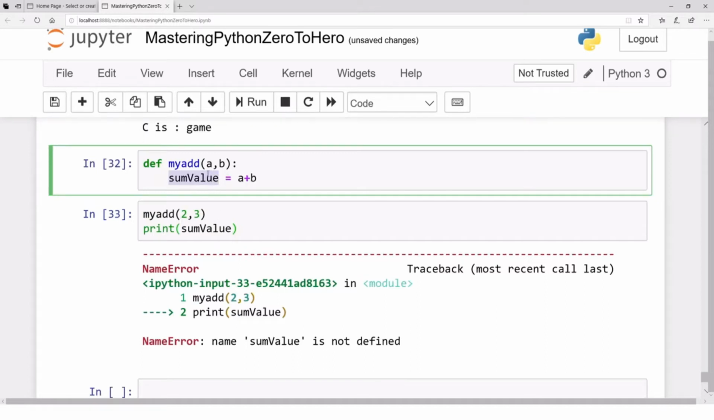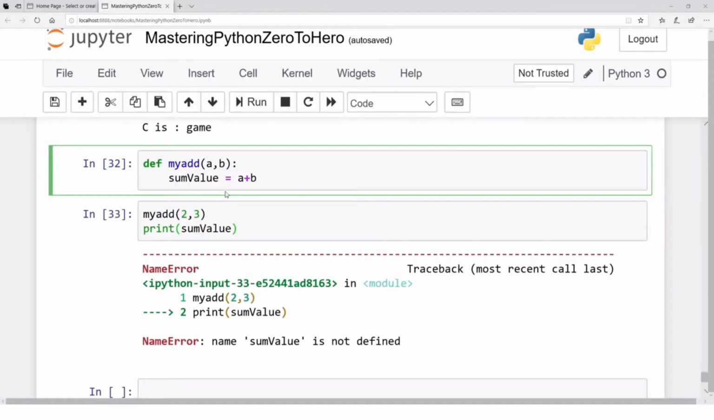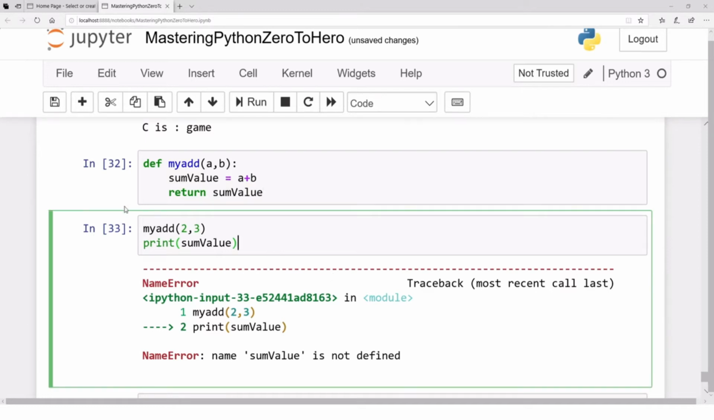Because this is defined inside the function, what if we want to compute some result and then use that result outside the function? So the way out, as discussed in the last video, is the return statement, return value. And now if we call that again, if we call that again, now